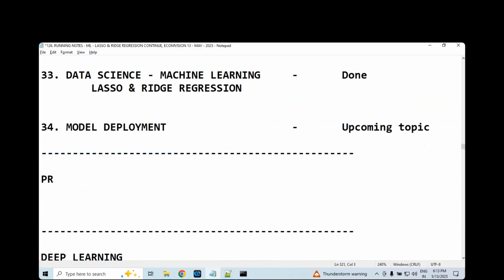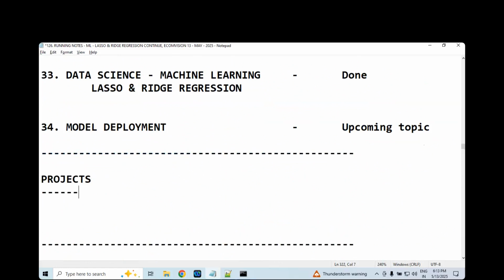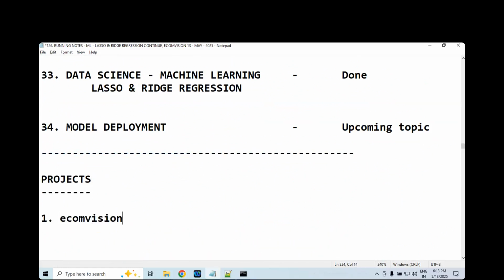Let me cover. There are some projects actually. You will get an idea. First one, ECOMVISION project. That one is a running topic actually. The next one, purchase intention model.